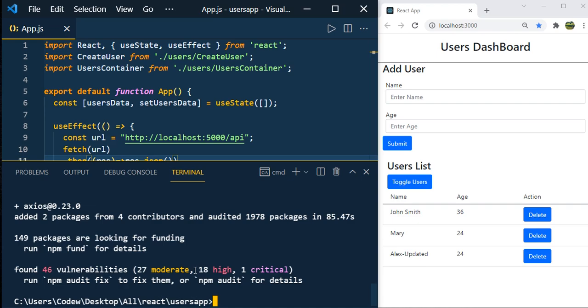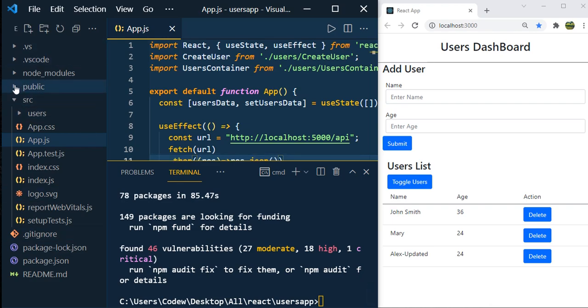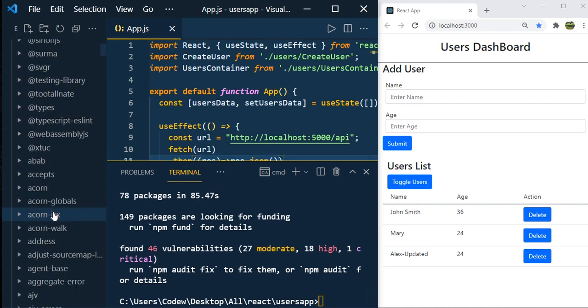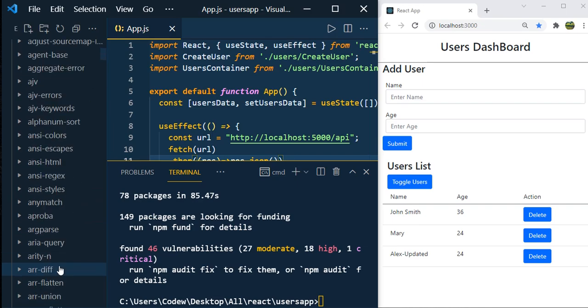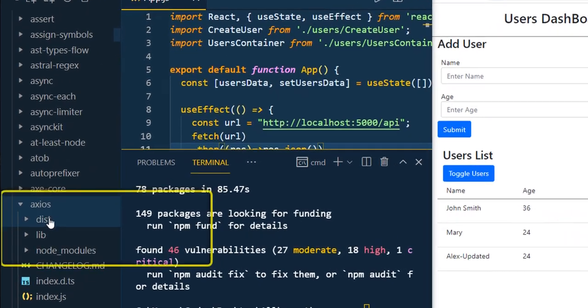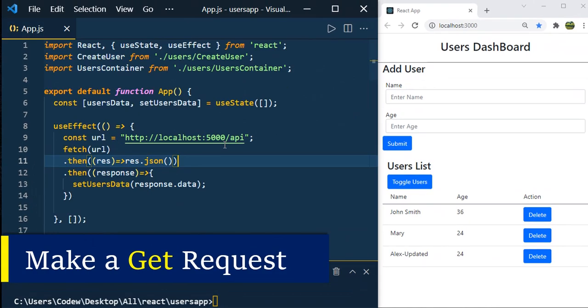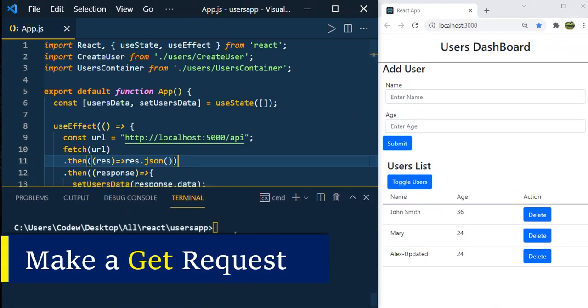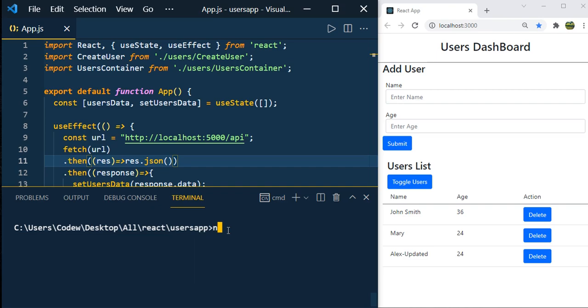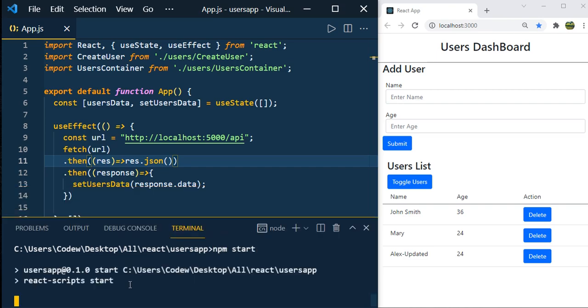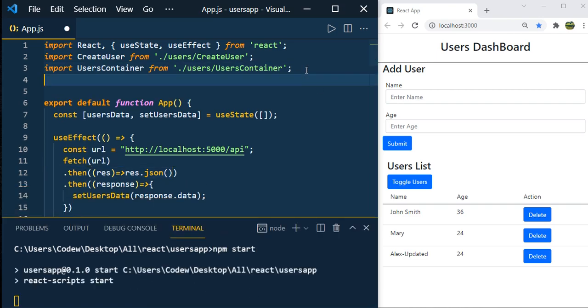Axios library has been installed. Same thing you can confirm by going to the node modules. Ctrl Shift E, node modules, and under node modules you can see the folder called Axios. Here we have. Let us use the Axios and make our first get call. So before that, let me start this application. Npm start. While it is completing the process, let us import Axios